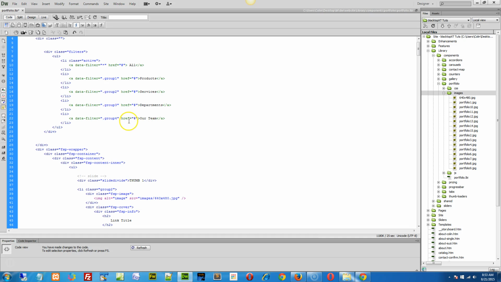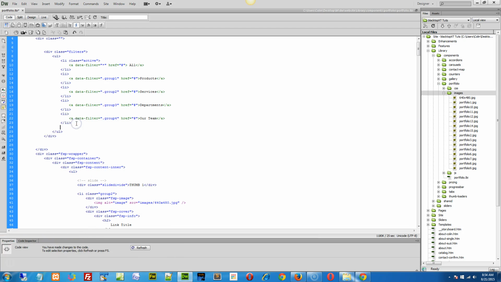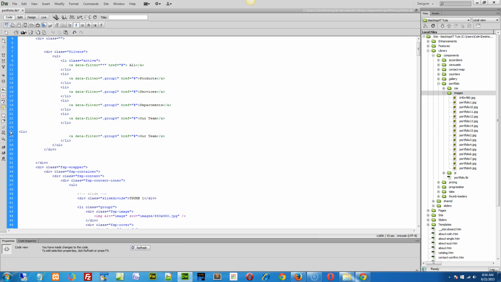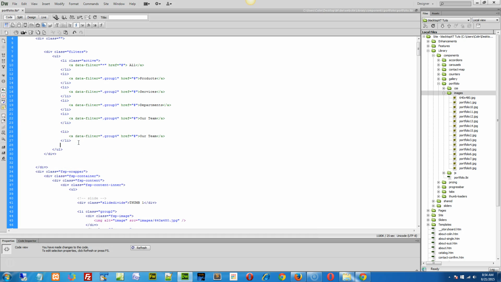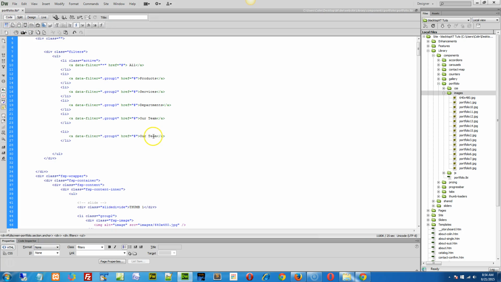Okay, and if you want to add more, you need to add an additional LI tag. So you need to take the entire LI tag. I'll start at the bottom here and click on the LI tag right here. Select the whole thing, copy, and then give yourself a little bit of room and paste below. Then organize if you want to, like so. That would give you an extra link at the top, as you can see, and then you can change the name from our team to